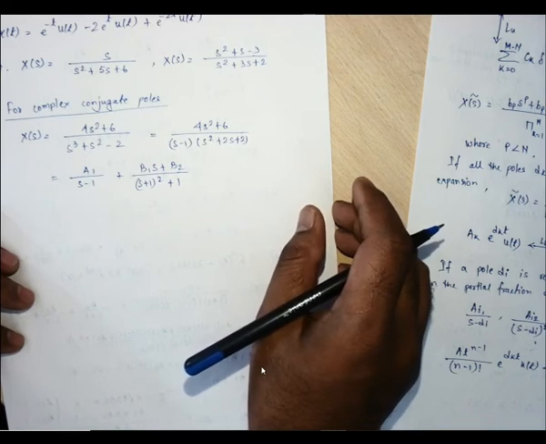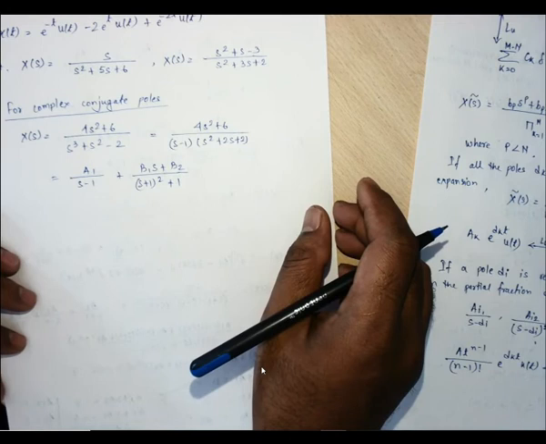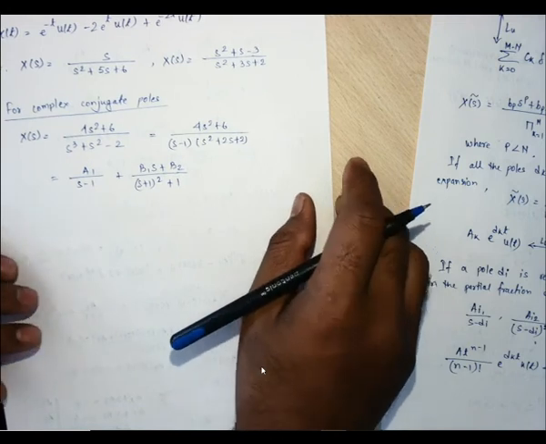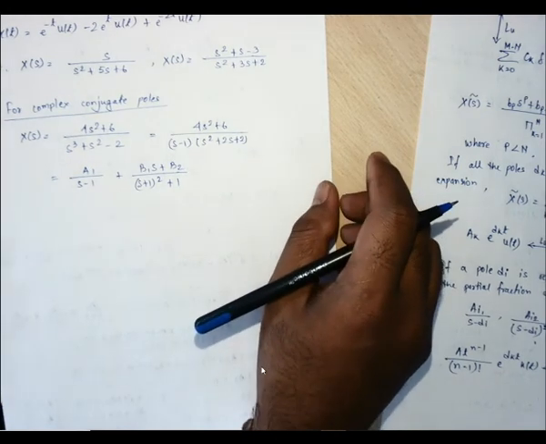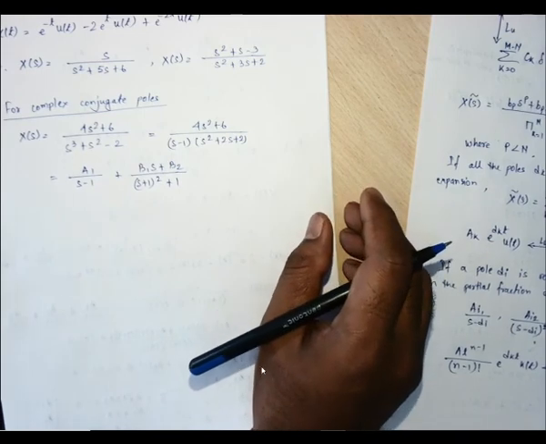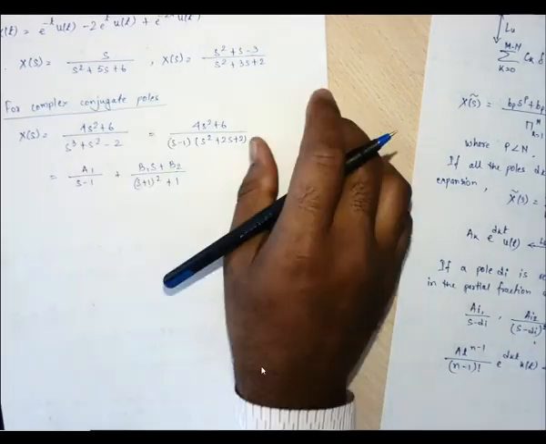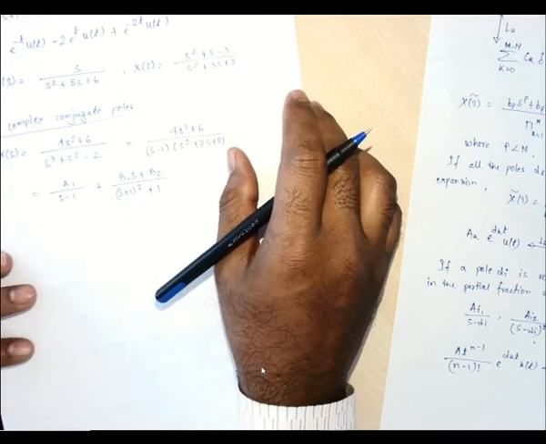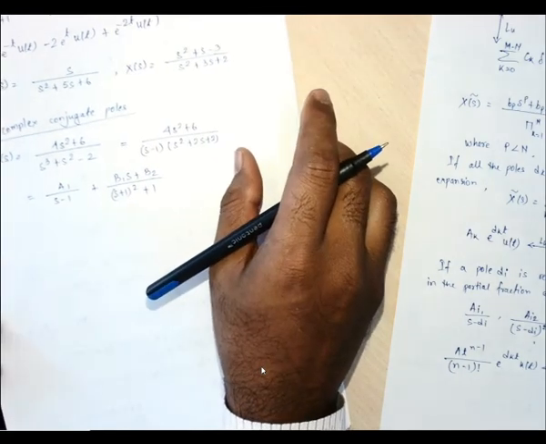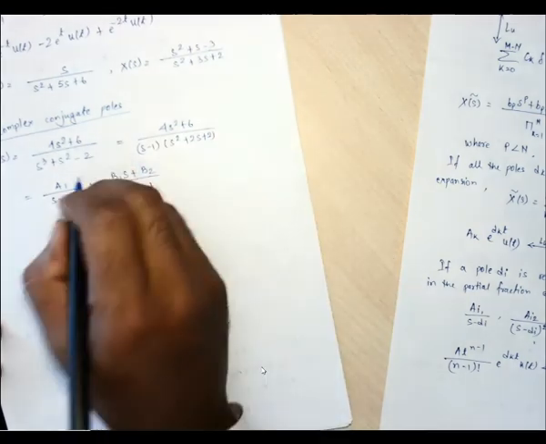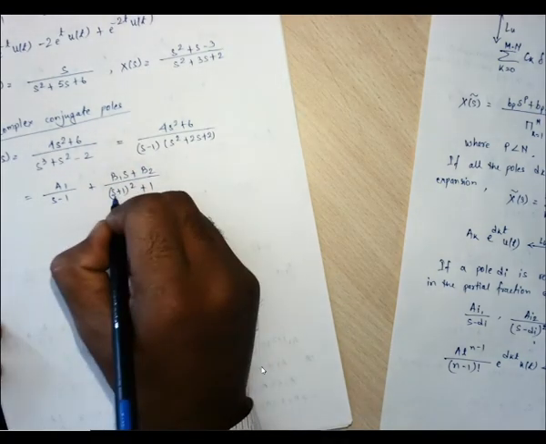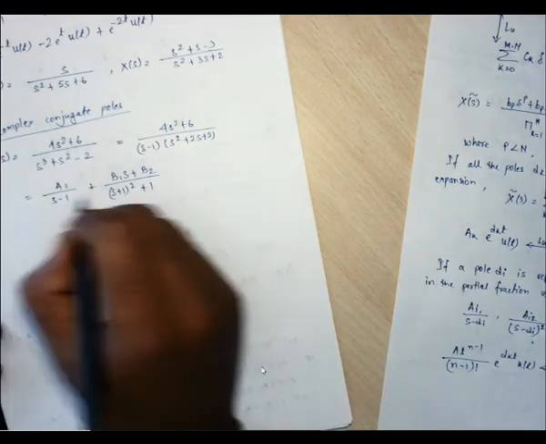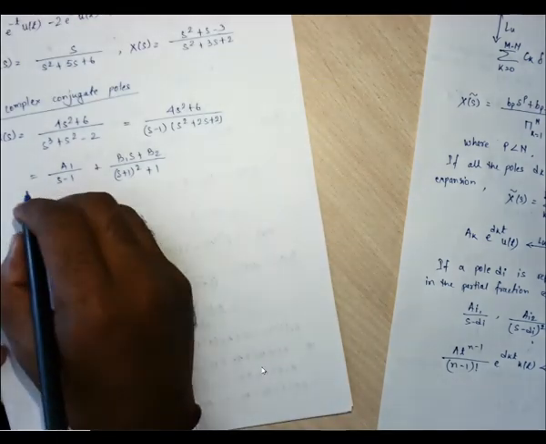From this we can easily find this a at s equals 1, where we get this pole. If we put s equals 1 here, this one is coming as